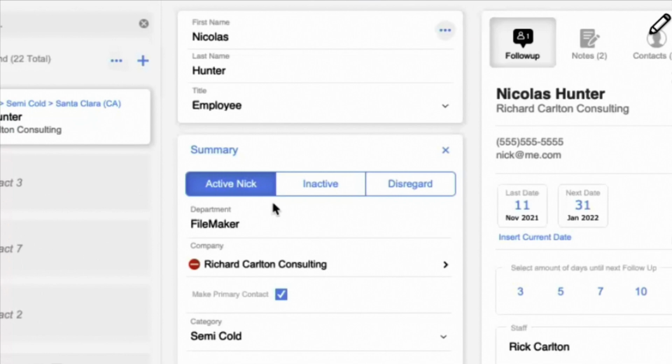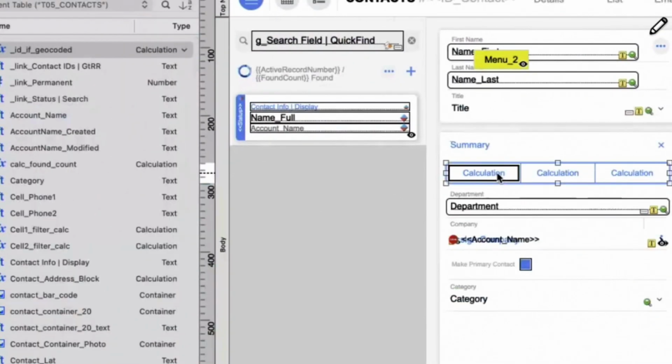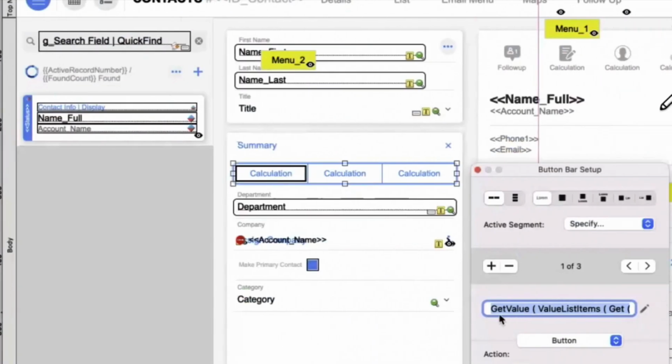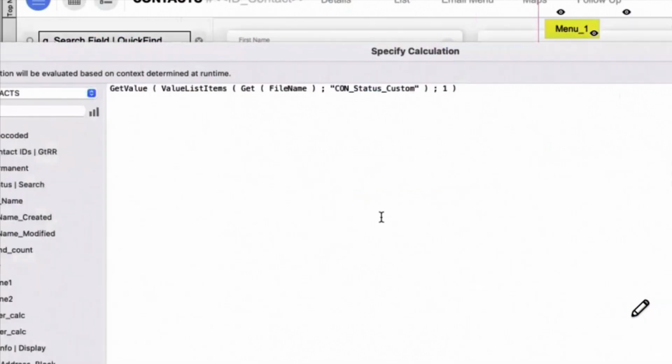So let's see. For the name here, I'm taking the first value of this value list. So: get value, the value list item. I use the get file name, but I could have typed it directly. Sometimes for comparison it's better, because people say they don't understand double quotes.